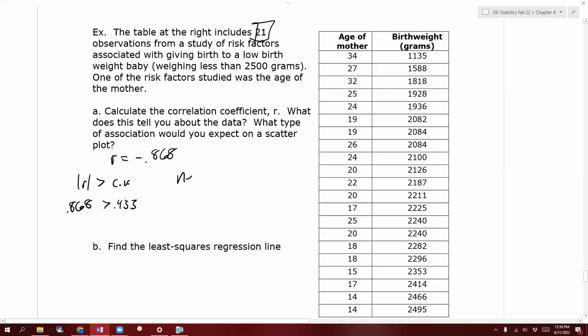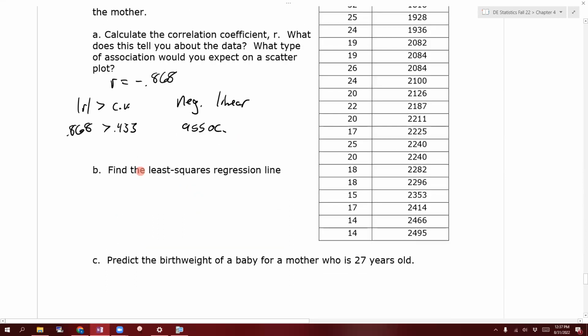And so there is a negative linear association. So now that we know there is a linear association, we can find that least squares regression line. And again, it always uses that y hat. It's going to be in the same function, the same way we found R. That's also going to give us our A and our B, which is our